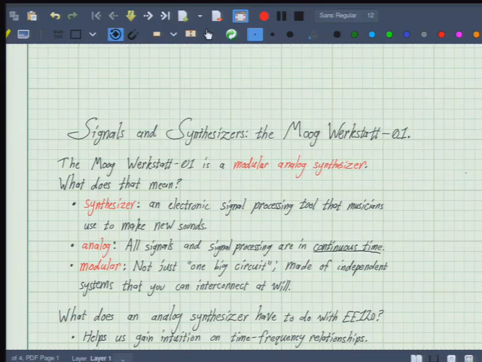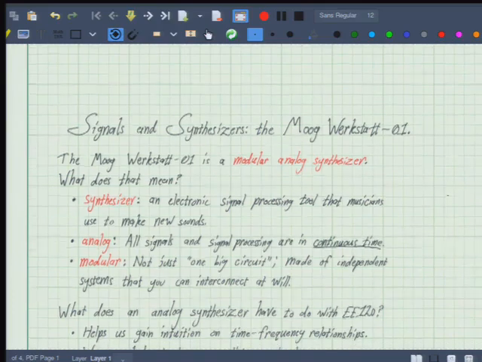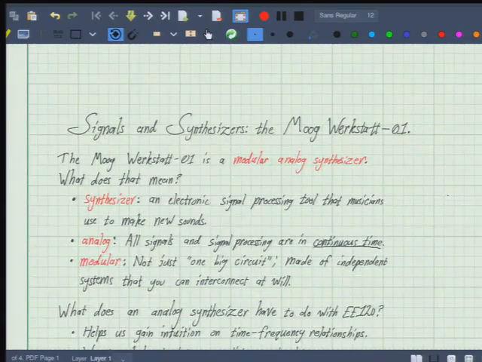And for us, I would say they're more like systems, because what they do is they either generate signals a priori, or they take in a signal and do something to it, and then spit out another signal, which for us is exactly what a system is. So this synthesizer actually has a lot of signals and systems knowledge and engineering built right into it. So it's a good candidate for us to look at here.